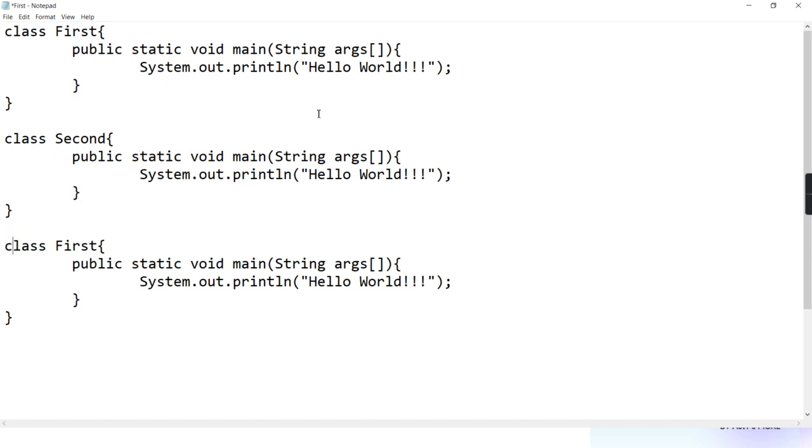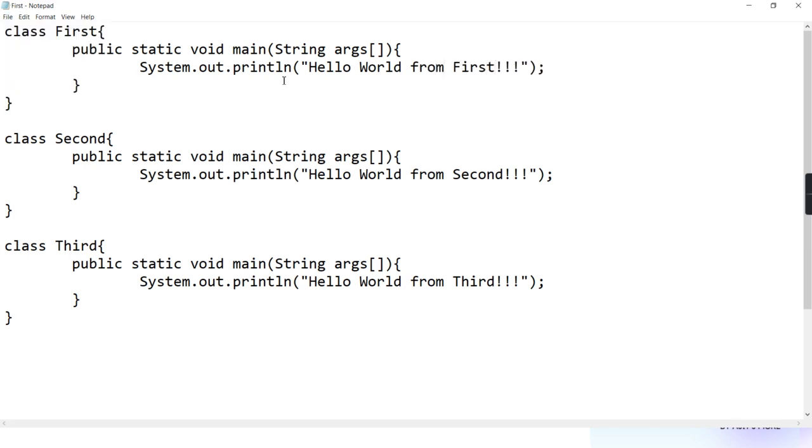I'm creating class third, and all classes are having main. Here I'm writing hello world from third. Here I'm writing hello world from second. Here I'm writing hello world from first.